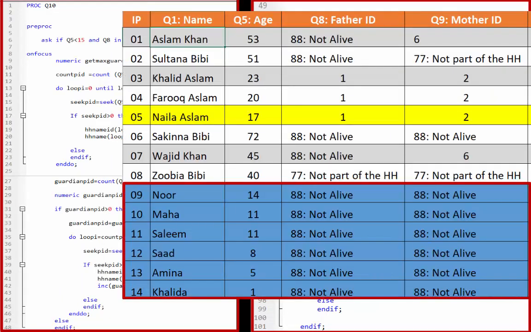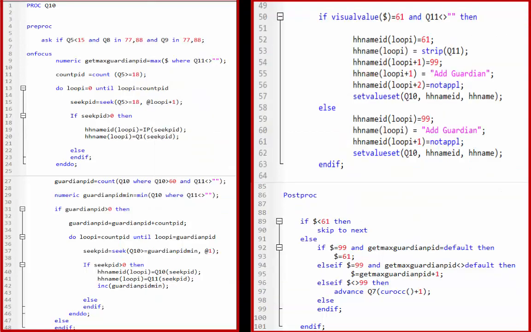This question will be asked about family members who are under the age of 15, and the answer to question 8 and 9 is 77 or 88. Code 77 means father or mother is not part of the household. Code 88 means father or mother is not alive. The ask if statement can only be used in a pre-proc. In the pre-proc, if this statement becomes true, the cursor moves forward and the code following the onFocus statement is